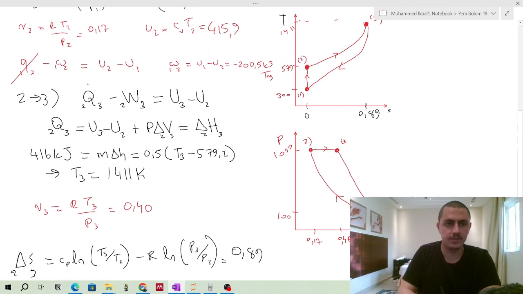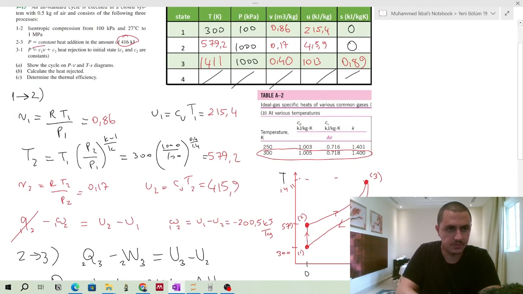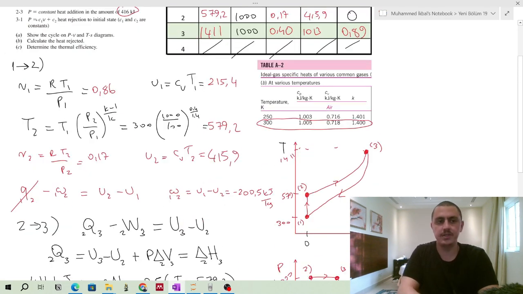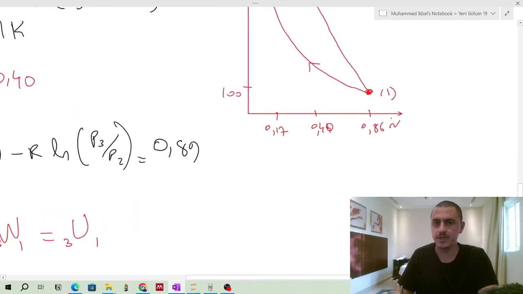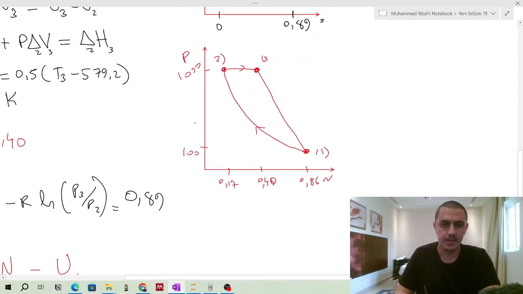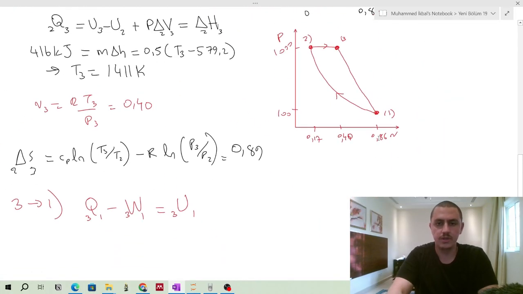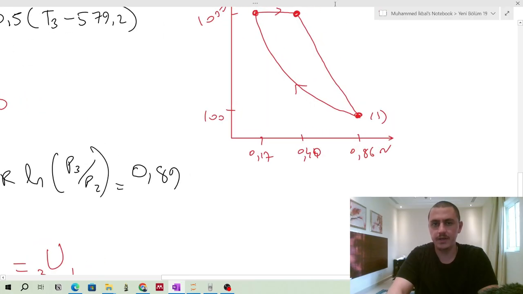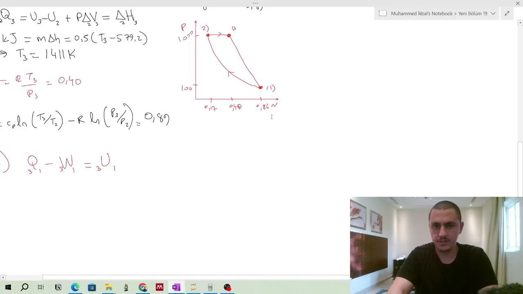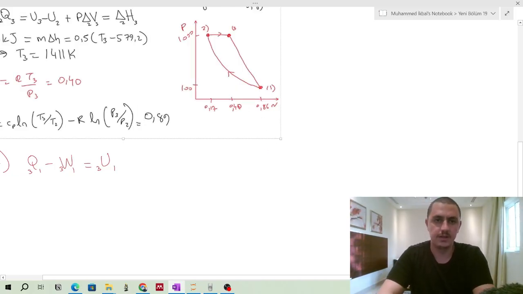Where do you know it from? You know it from here, because it's mentioned that it's a constant. So C1 is a constant, the slope of the curve. So you can easily calculate the work from the area under the curve, right? But here we have specific volume values, so that will give us